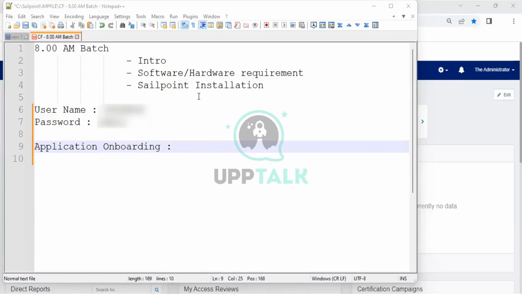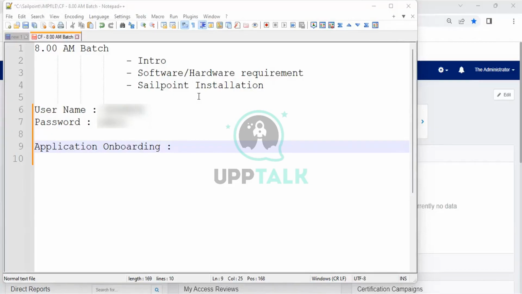In a real-time project, you might see from 50,000 to 5 lakh identities. From my experience, I have seen around 2 lakh identities to manage. It's going to be hectic. Manage does not mean you are going to open each and every identity. Let's learn one by one. No issue. As of now, we are going to onboard an application.